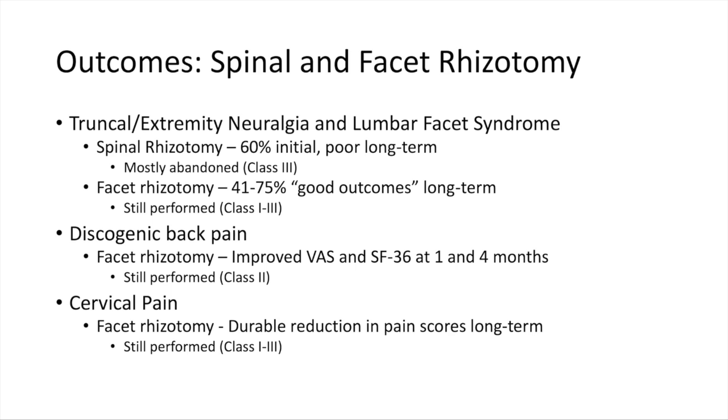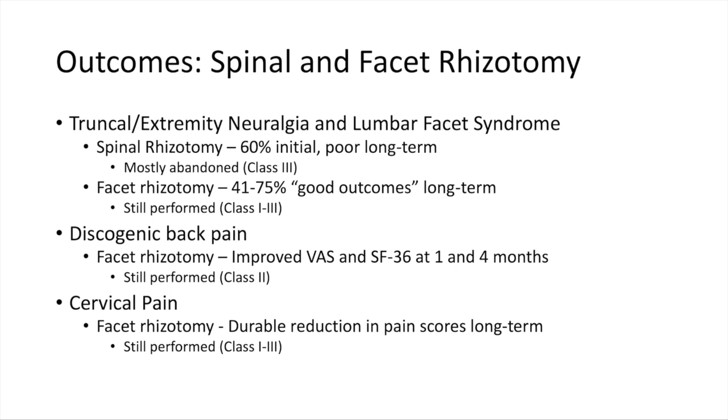4 randomized, blinded, controlled trials compared RF rhizotomies of the medial branch of the dorsal root with the sham procedure or intrafacetal or extrafacetal rhizotomy. Outcome measures and patient selection differed between the groups sufficiently to preclude a meta-analysis. Modest long-term improvement in pain scores in the treated group was observed in all 3 studies comparing rhizotomy with a sham procedure. In the last study, intrafacetal rhizotomy was found to be superior to extrafacetal rhizotomy. Complications were minimal in all 4 studies.